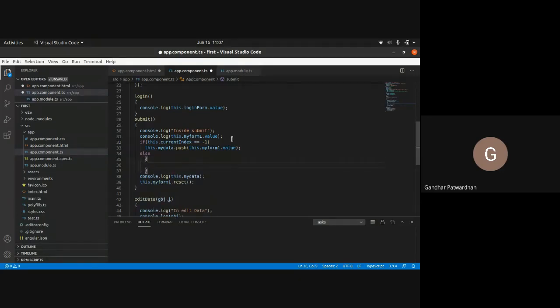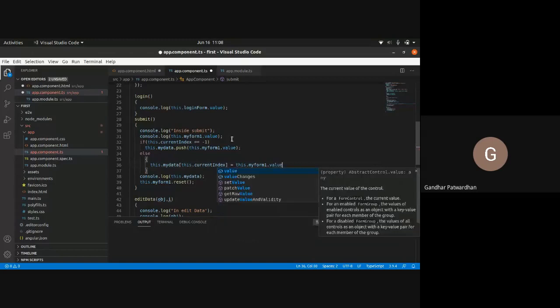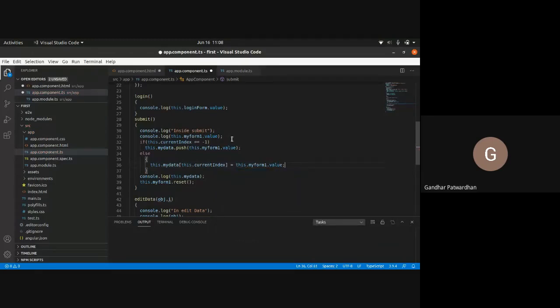Now how will I edit? What will I say? I'll say this.myData of this.currentIndex equals this.myForm1.value, right?